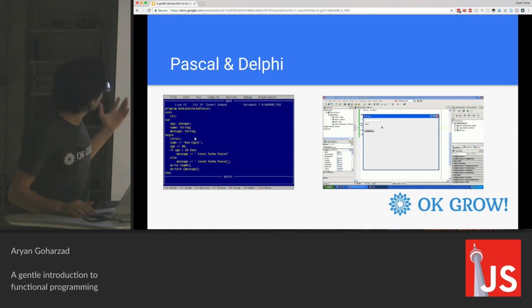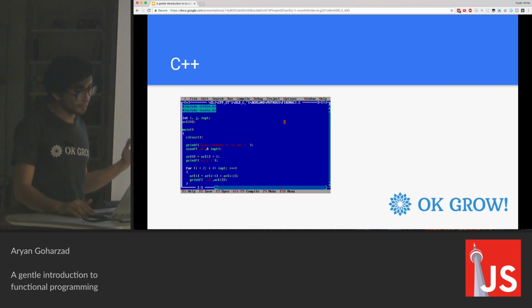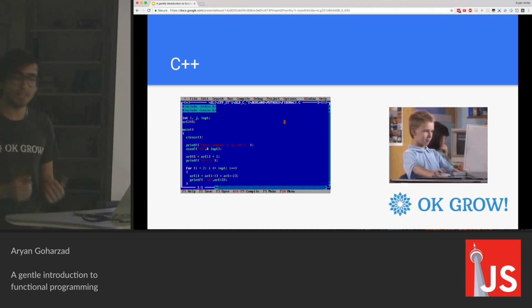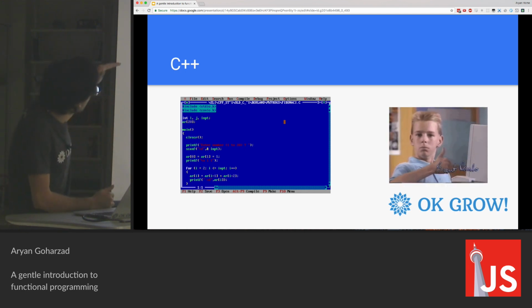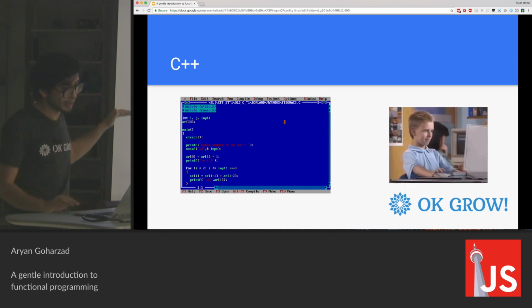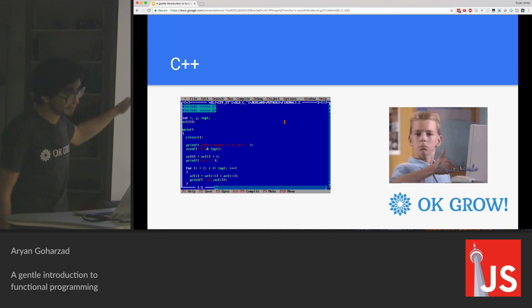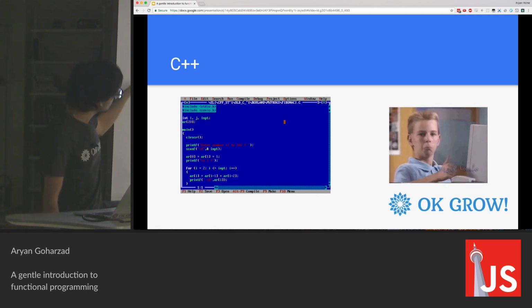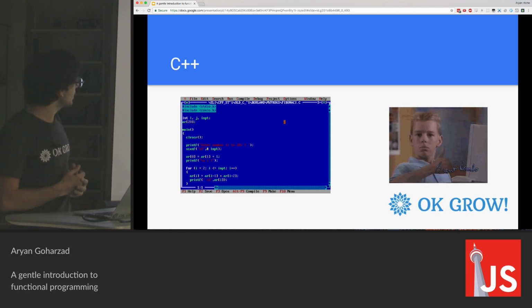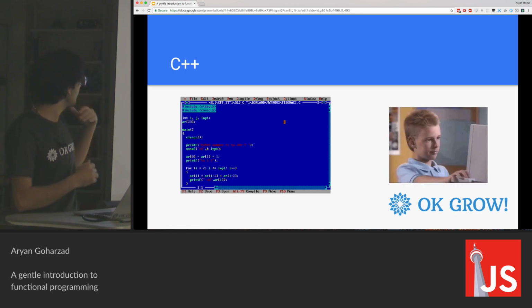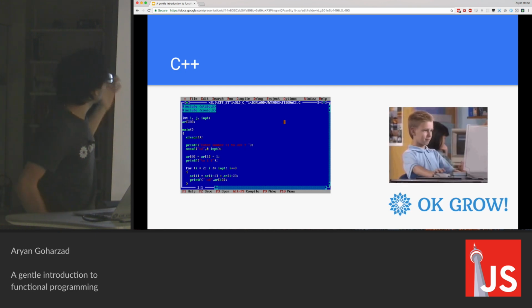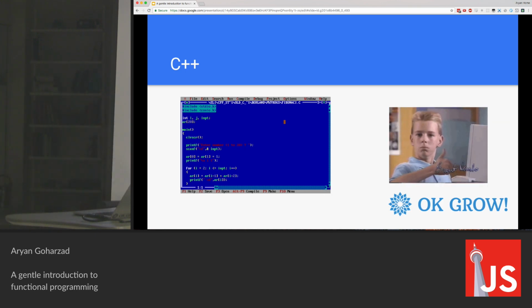So these are both imperative languages. Then I went to high school where I learned about C++. So all of these are still imperative languages, which means each line explains what the program should be doing at each moment in time. Or each statement here changes the program's state. So what is state? In this example, state is the content of all of these variables at any point in time.